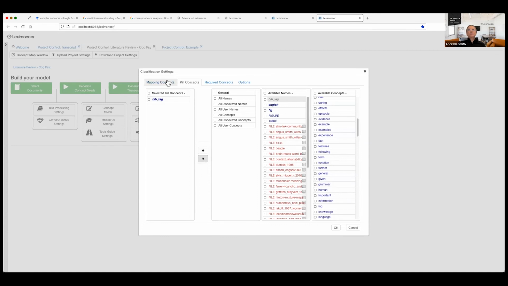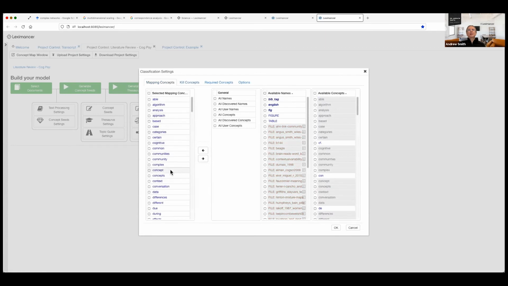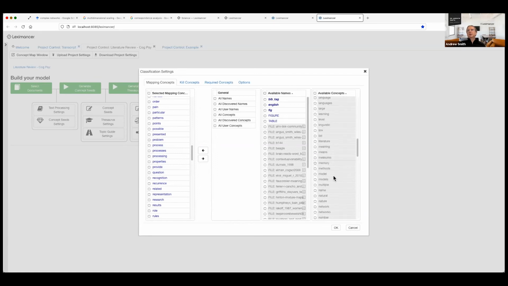If you just want to take some concept off the map, take it out of the mapping concepts list, and it just won't code into any text. Think about it this way. If I have a long paragraph which says quite a few things, I might not want it coding with, who knows, maybe PP, because it's talking about pages and documents. So I take it out of the mapping concepts list.